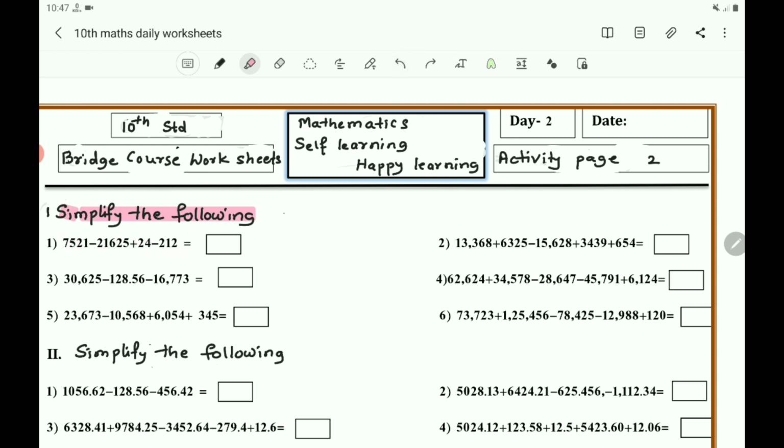By adding them you will get a negative sign, and two positive signs are there. By adding positive numbers you will get a positive number, and in the next step you will have a positive number and a negative number. In that case you must subtract. While subtracting, see the bigger number and smaller number. Subtract the smaller number from the bigger number and put the sign of the bigger number. That is the method of simplification.